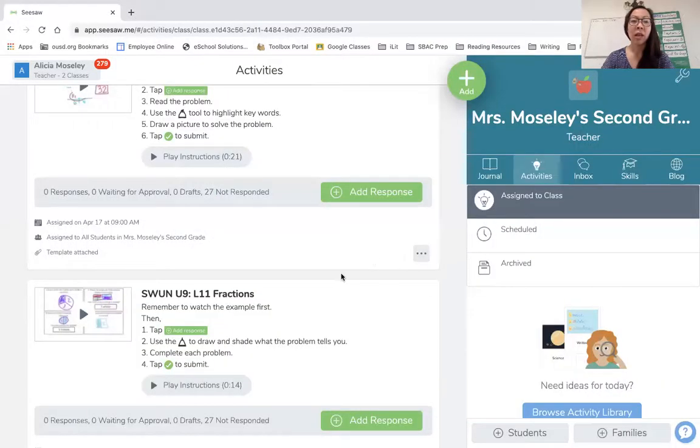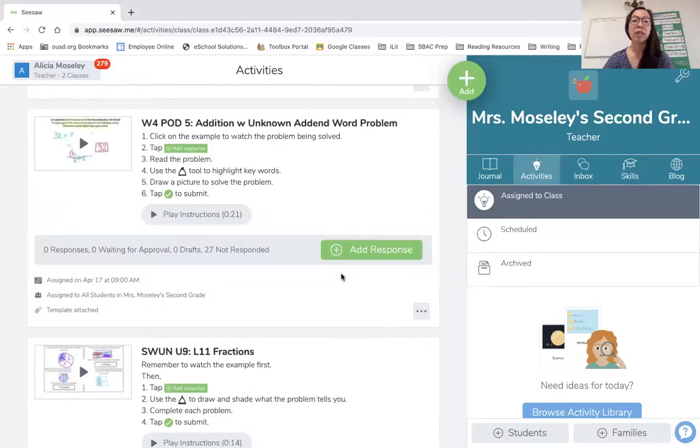And so today I want to go right into Seesaw, and I want to show you our example. Now, guys, when you're going into Seesaw, a lot of you guys, I can tell, have been taking a look at our examples. So I want to show you where you're going to find those. So in today we have our week 4 POD. So we've been working from home for 4 weeks now, and each day we've been working on a different word